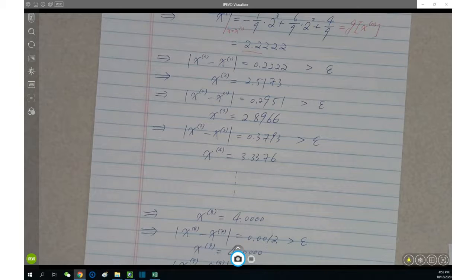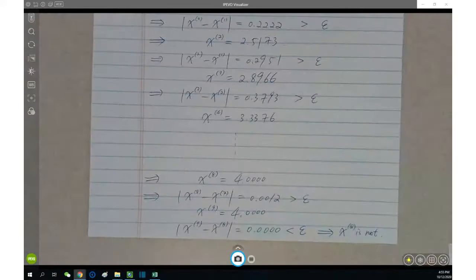So the final answer is x8, or is it 4? Yes, it's x8 equals 4. So both. You know what I mean? This x8 equals 4. You're saying x8 is the root, or 4 is the root. Well,